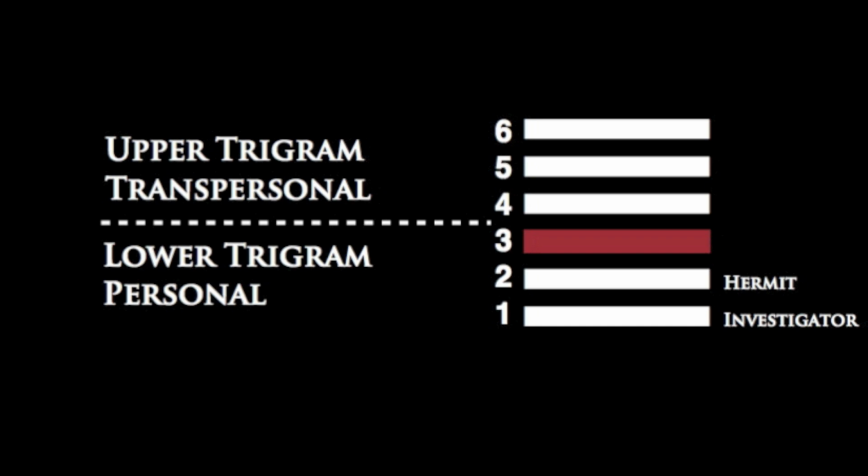Because they're so close to that boundary between the trigrams. You know, the third line is very close to the upper trigram and is bumping right up against it, even though it's not completely in it. And the fourth line is very close to the lower trigram and bumps really close against it, even though it's not completely in it. It's in the upper trigram. So you could say that the third line has a sensibility that it can sort of bump into.